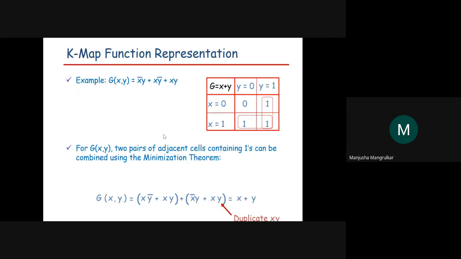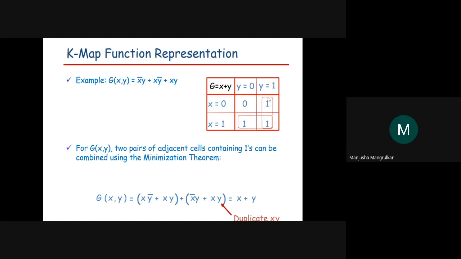Now see another example. There are three terms. The first is x complement and y. So this term is 1, right? Second is x y complement. This term is 1. Third is x y. So we will do the grouping of this, right? For this grouping, your y value is changing from 0 to 1. Only x is constant. So what will we take for this? x. Now we'll do another grouping.